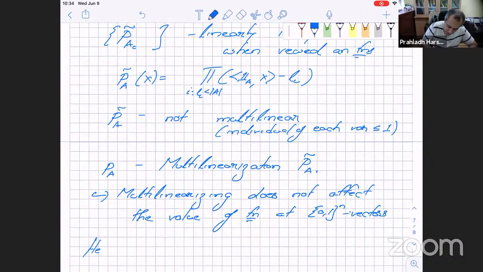Hence, even the set PA is linearly independent. So let's write it this way. Even the set PA, A in F, is linearly independent, because